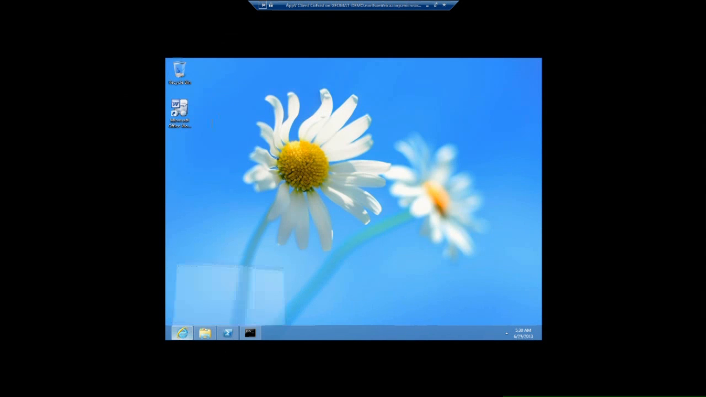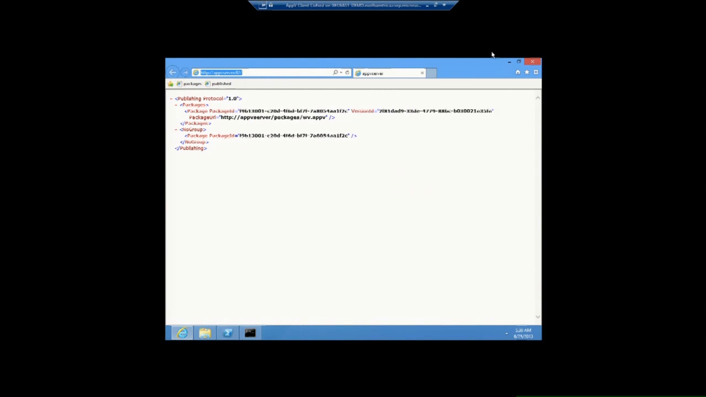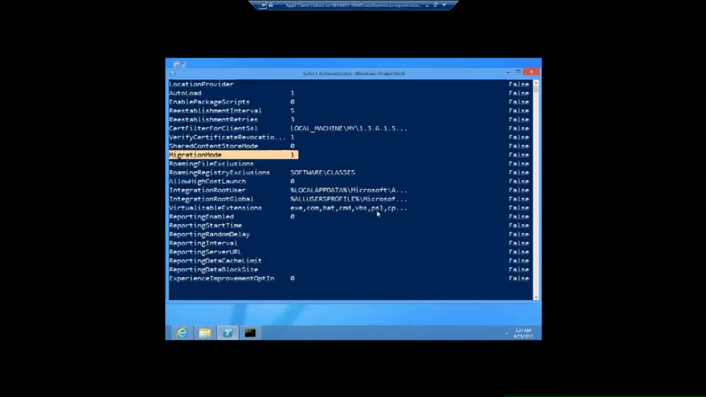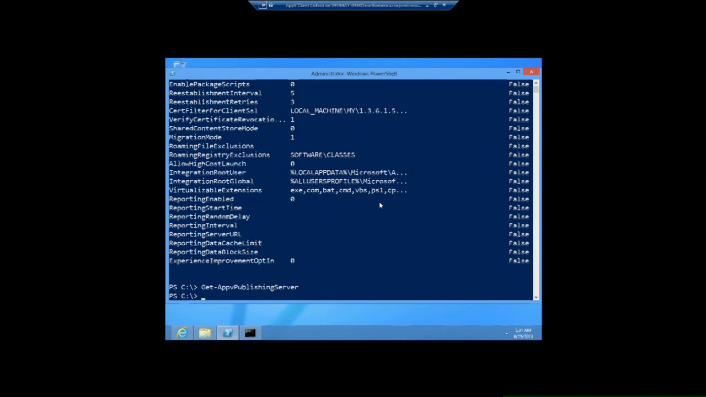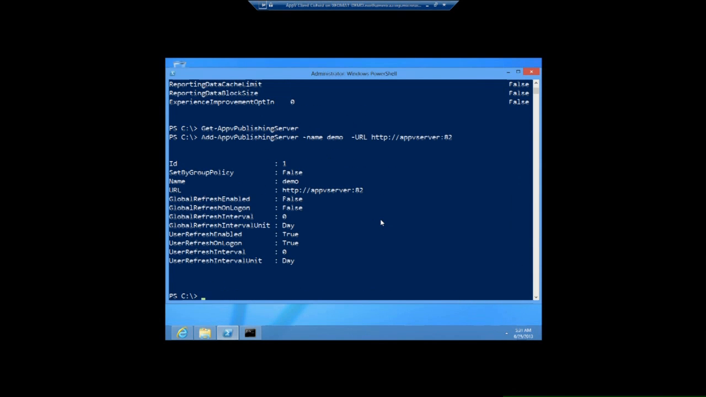Actually, I'm going to copy this. Now using PowerShell, what we'll do is, you notice we don't have one, let's add. Okay, we're going to add an AppV publishing server. We'll call it demo. Here's why I saved the URL. Okay, so we've added it. Now if we get it, we get that. We can pipe this through. Now what's going to happen is that